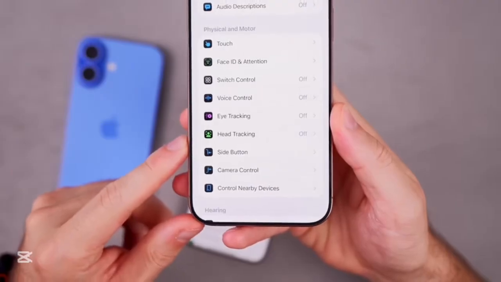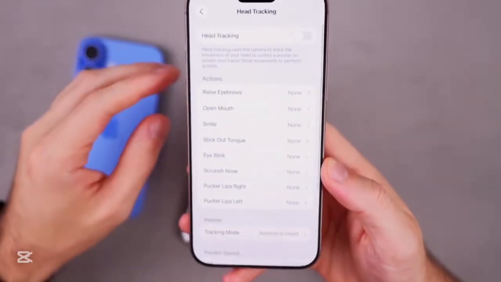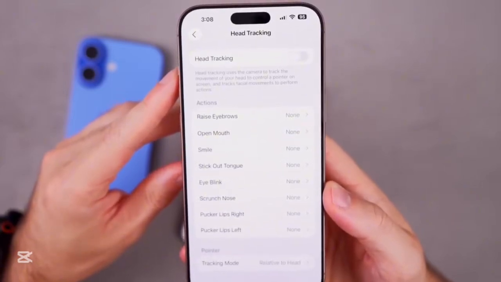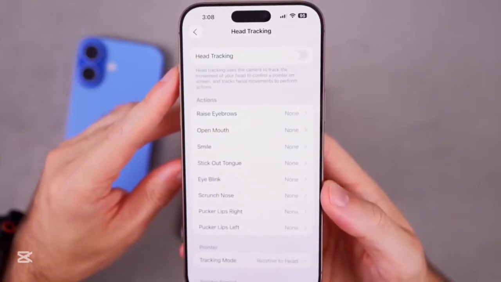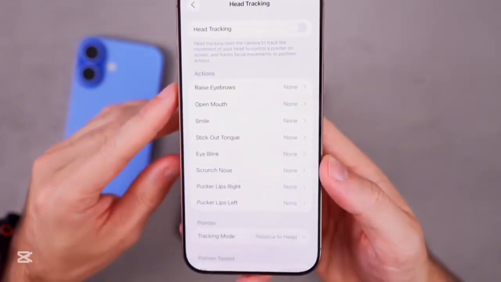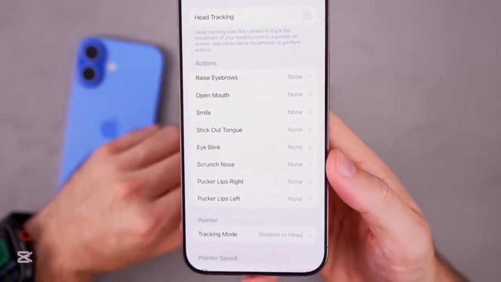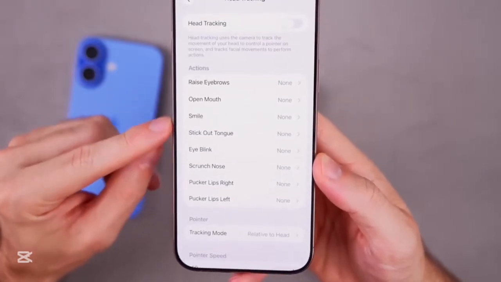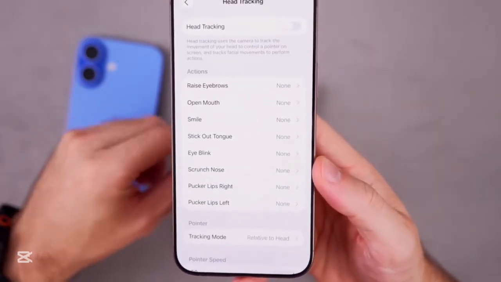There's also a new option down here for head tracking. So if you go into this, this is going to use the camera to track the movement of your head to control a pointer on screen, and it tracks facial movements to perform actions. So this is really cool. We saw this in the preview that Apple showed, but you can see you can raise your eyebrows, open your mouth, smile, stick out tongue. You can do all of these things to